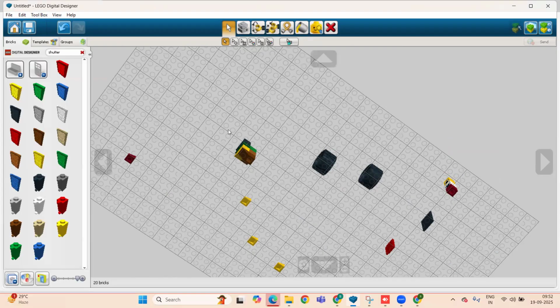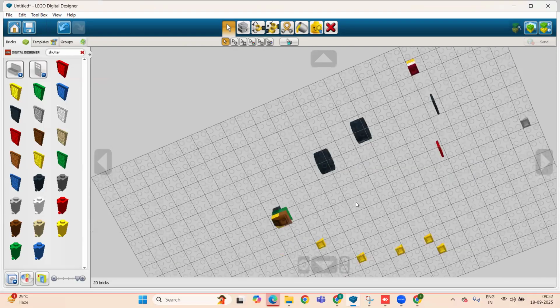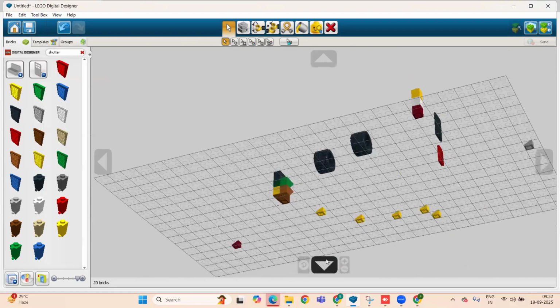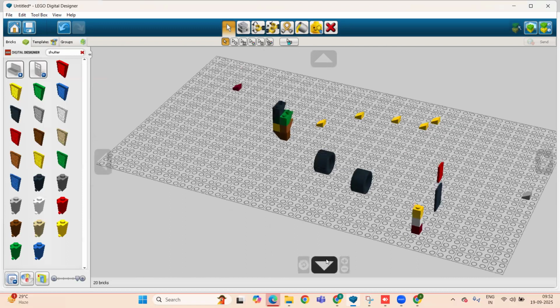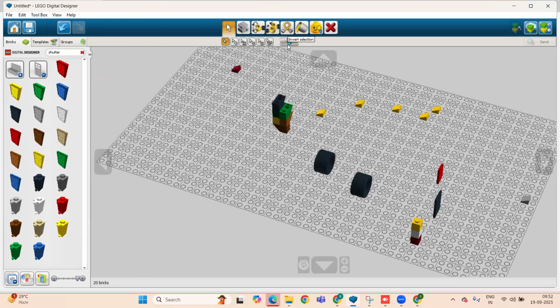Now we will discuss the invert selection. What is invert selection? For that, we need to go on the above side of the work plane area. Invert selection is that you can select the complete set of parts which are available on the work plane area.